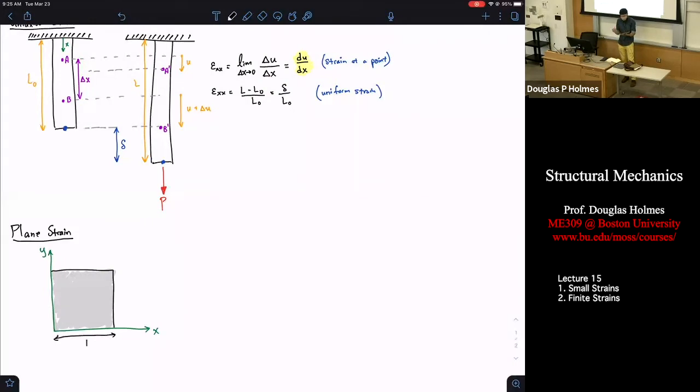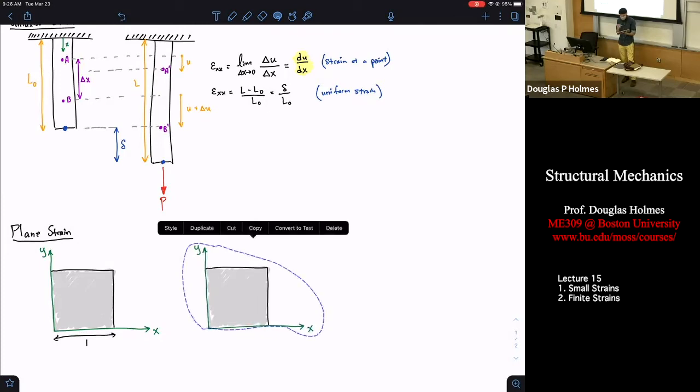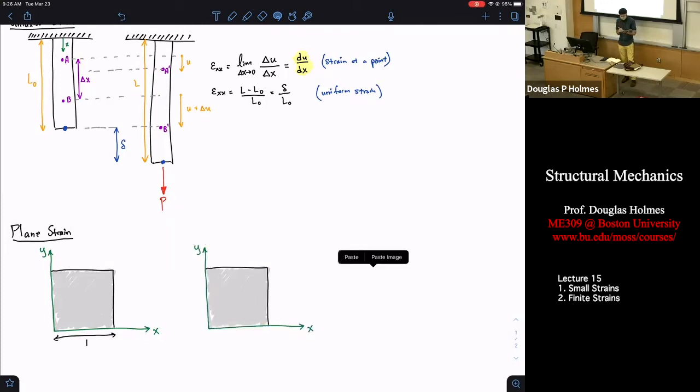So this length would be 1. And what we can do is I'm going to copy this. I'm going to make a couple of these. And we can look at